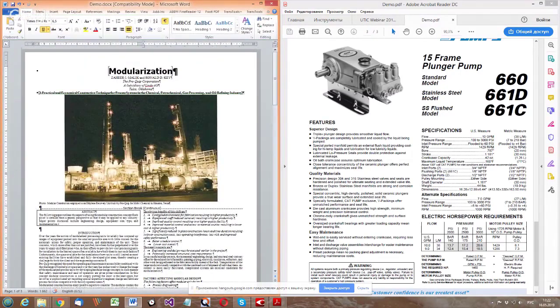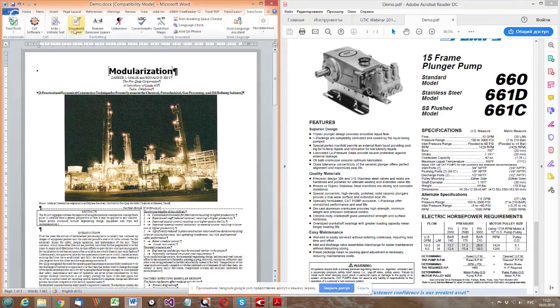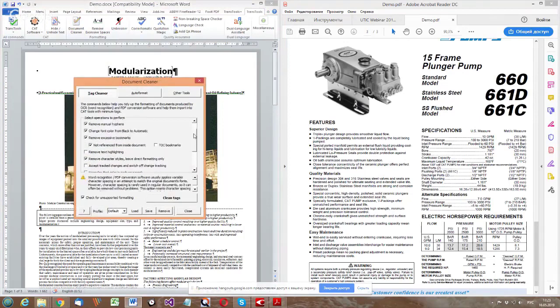So I think that's it. Actually, I can already save the document. It's almost all good at this point, but I have forgotten one important thing. It is to remove tags from this document. This should be done as almost the final step after the formatting for some specific reasons, and this is also explained in the brochure. So we now run Tag Cleaner, and I will use my defaults.